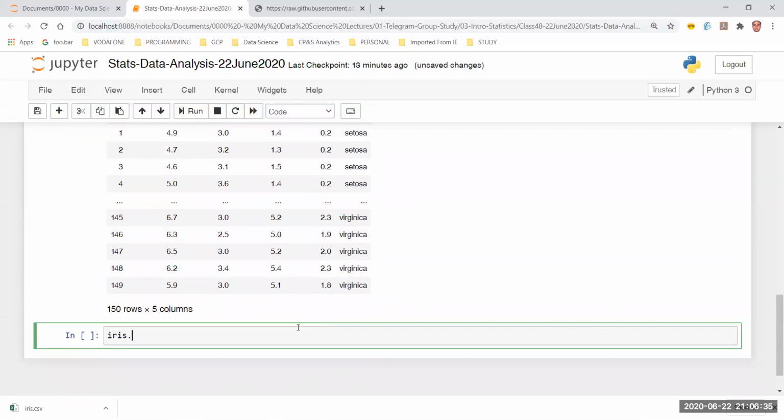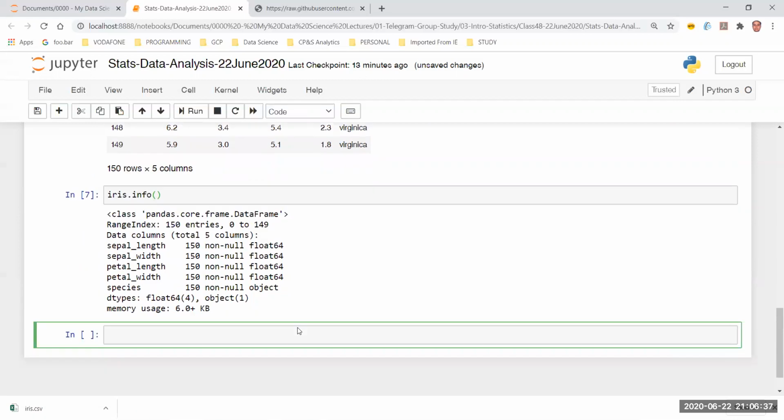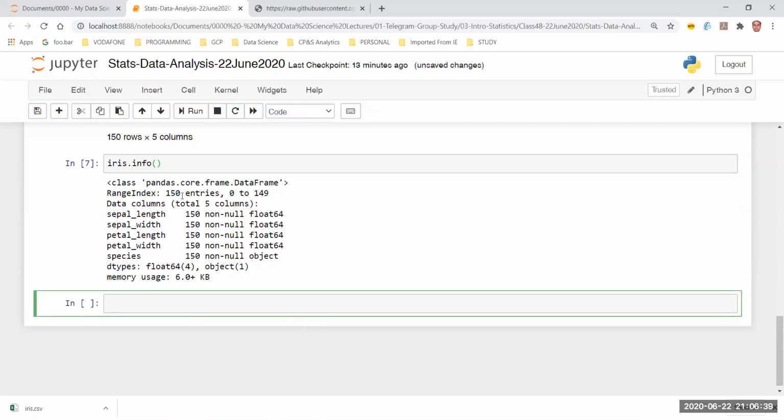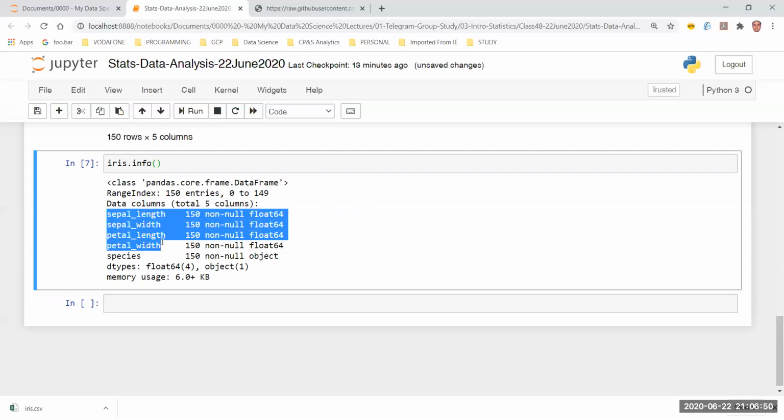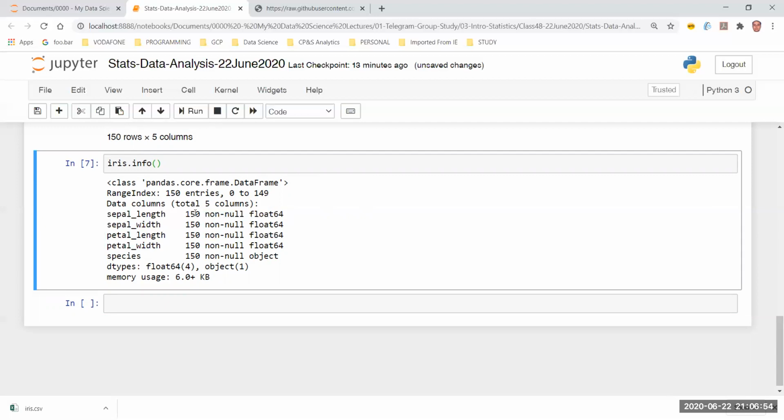So let's do iris.info. Clearly, it's going to tell me about the data set. There are 150 rows of 5 columns. We need to check what those 5 columns are. Obviously, 4 columns will be petal length, petal width, sepal length, and sepal width. All of them have 150 rows. There is not even a single null entry.